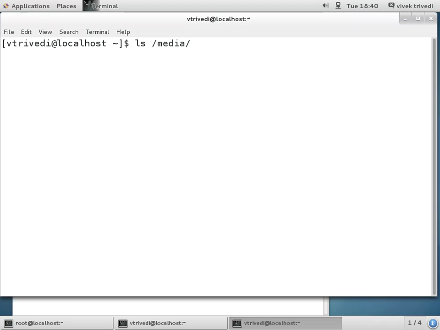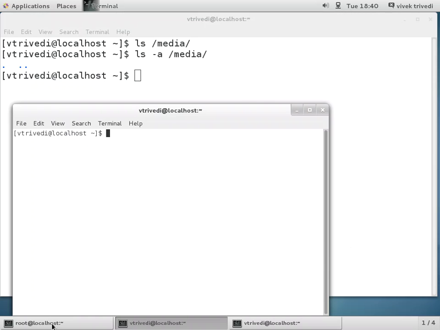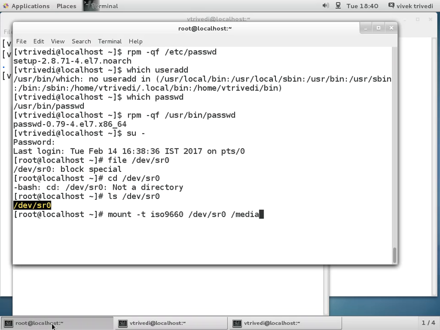ls /media. Do I have anything? ls -a. Do I have anything in it? No, nothing. Now once we execute our command, mount -t iso9660, and hit enter,